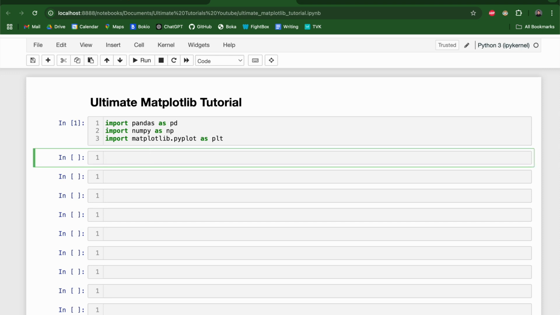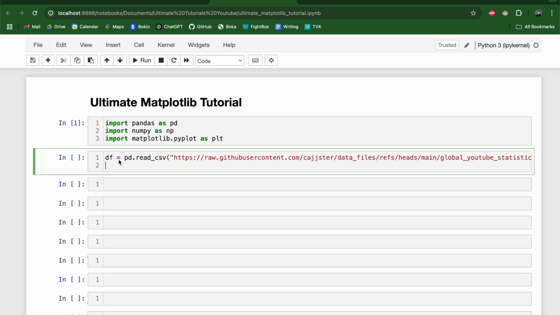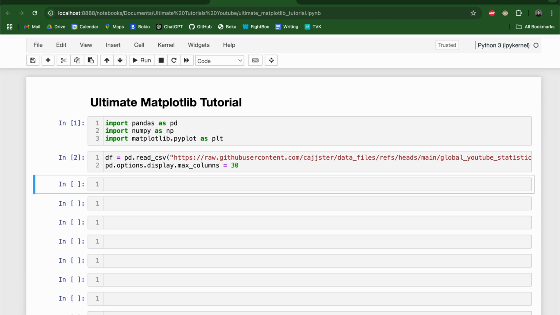Then the data frame that we'll be using today is a data frame about YouTubers and their subscribers data and data related to their channels. You can find the link to this data frame or CSV file in the description below or on my GitHub. So we're also going to want to change the number of columns displayed here. So we're going to say pd.option display max columns, set it to 30,